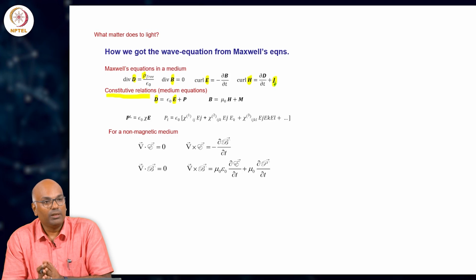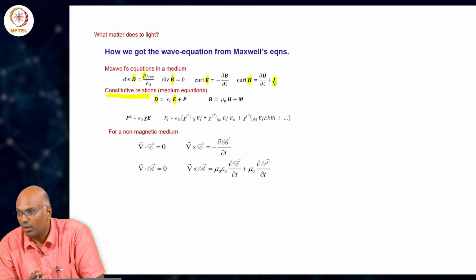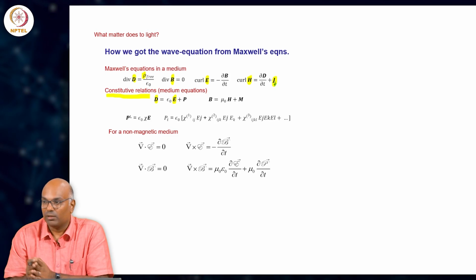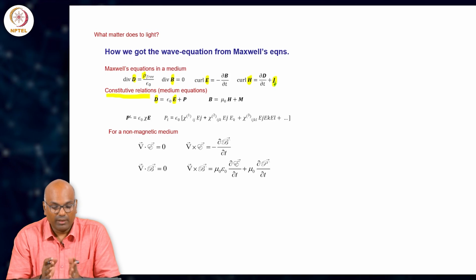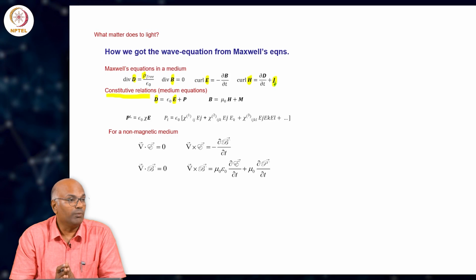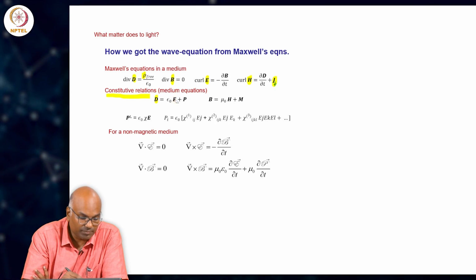There has to be some material or medium specificity built into our electromagnetic wave plus matter being put into the physical framework. So, that comes about by what we call constitutive relations, the relations that relate